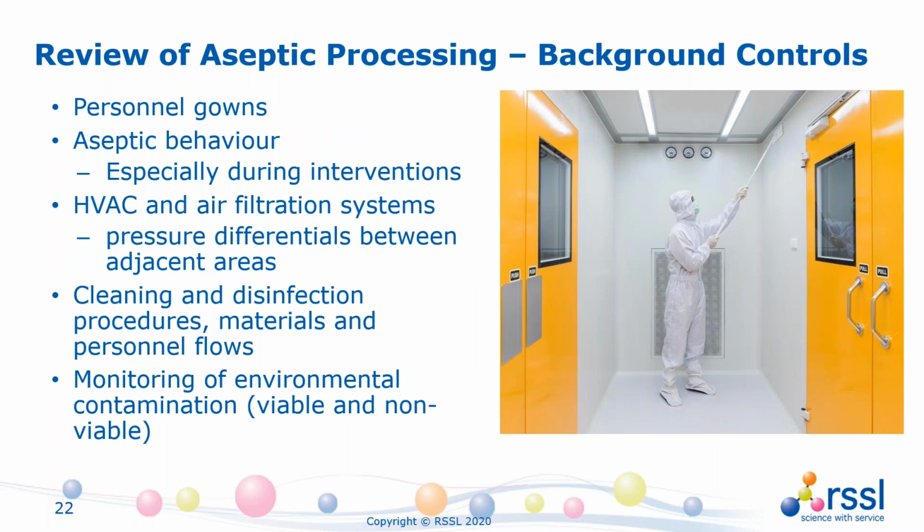And aside from direct product tests, this is where it's even more important to have confidence around the background controls to aseptic product manufacturing. So performing aseptic filling, there are a number of variables that need to be defined and kept under control. And these variables involve different elements in the process, such as personnel gowning, their personnel aseptic behaviour, particularly how personnel perform interventions in the proximity or within an area where the product may be exposed to the environment,